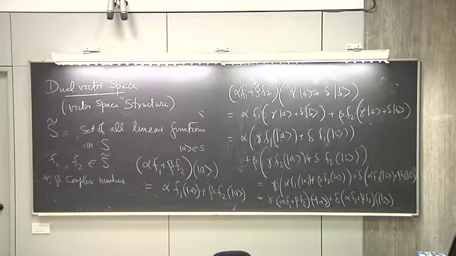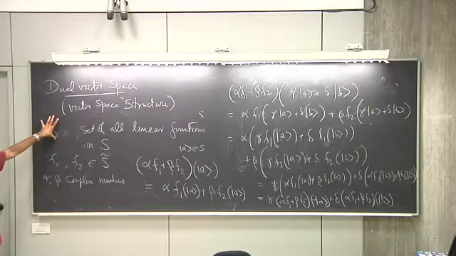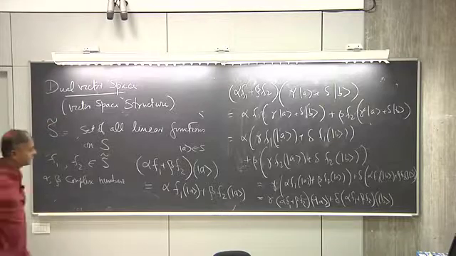Okay, we need to also specify what is a zero function, right? If you want to say that this S tilde is a vector space, you also need to have a null vector here, right? And the null vector is simply,